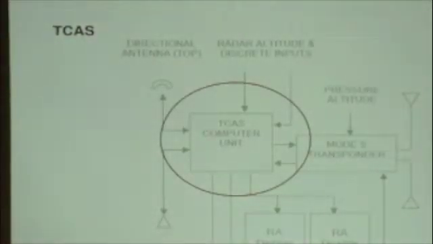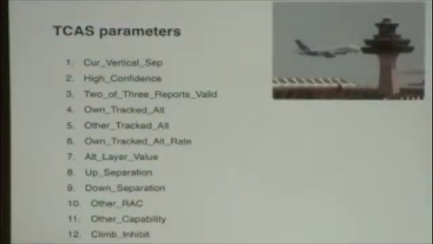Okay. And we're going to focus on the computer unit, right? The software is not that complicated. It's just a few hundred lines of code, right? But it does a very important thing. And it has 12 inputs. And I'm not going to describe what all of them are, but suffice it to say some of them are self-evident, right? So if you look at number 7, for example,